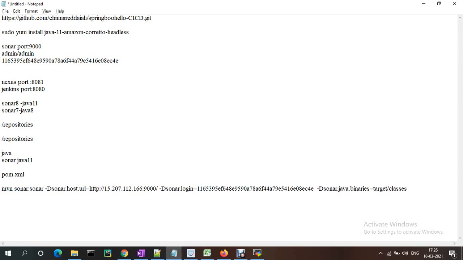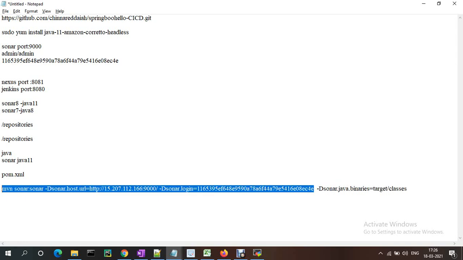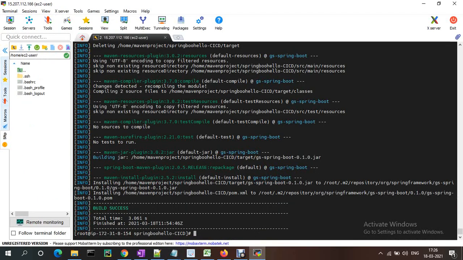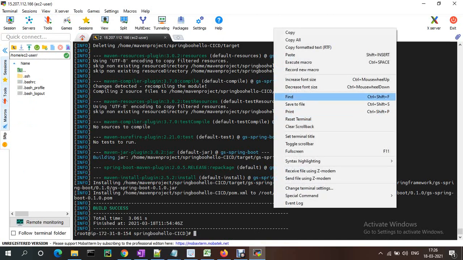Just copy. And sonar java binaries. Okay, if you stop up to here, it will fail, as it will ask for some java binaries. We are trying to check our code quality.